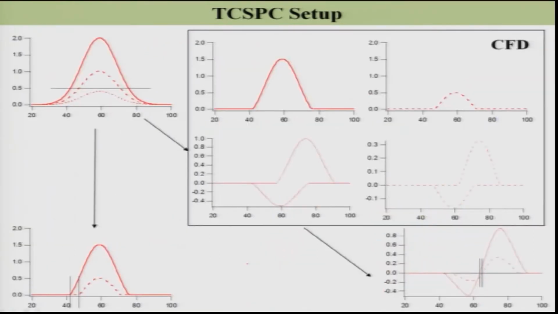Let me show you over here. The CFD is an electronic device by which I can reduce this difference in time to a smaller value. It cannot be 0, but it can be reduced significantly. So, I have done a simple thing to show you the function of the CFD. After this threshold, I got the 2 pulses, one arrival time is here, the second arrival time is over here. So, let us take this first one, the bigger pulse, number 1,